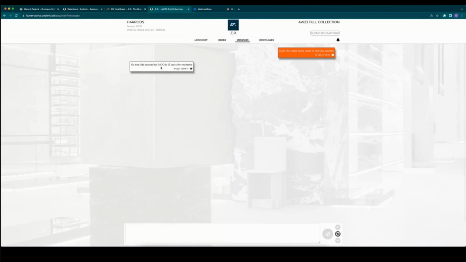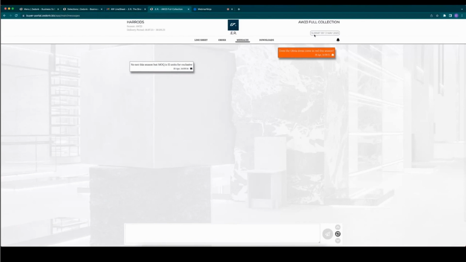Like I said, if you really don't want that increased communication, you can actually just switch off the messaging tool altogether, which means that you won't even have that tab here. So it's totally optional, but quite a useful functionality should you want to reduce the formalization of emails and that sort of thing, and just be able to have a little bit more increased communication through the actual buying and ordering process.